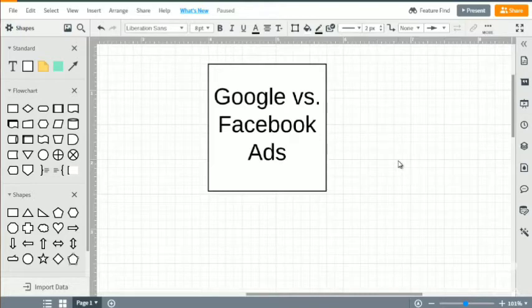So if you think about it, the type of person that is going to google.com, they're searching for a very specific thing. If they're typing in scuba diving equipment, they are looking specifically for that. And with that in mind, you're able to put certain products that they want right in front of them. Now, the big difference between that and Facebook ads is that with Facebook, people are not searching for anything. They are there to socialize with their friends, their family, or their acquaintances, right? So the difference is that.